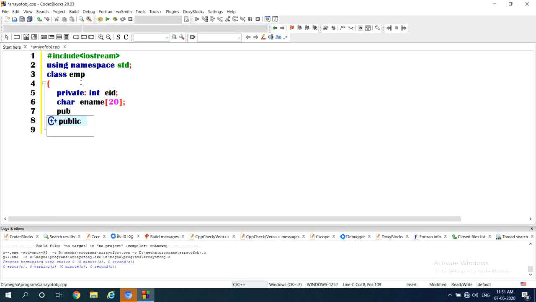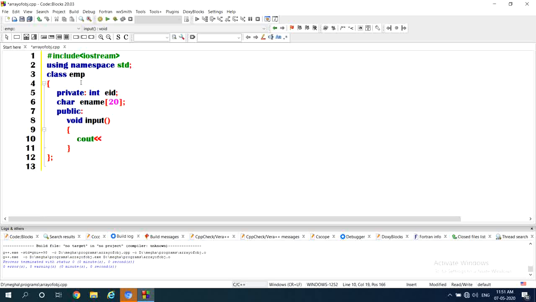In the public section, I'll take function void input. For these data members, the user has to input values. To do this, we have to write instructions. These instructions I'll write in an input function.